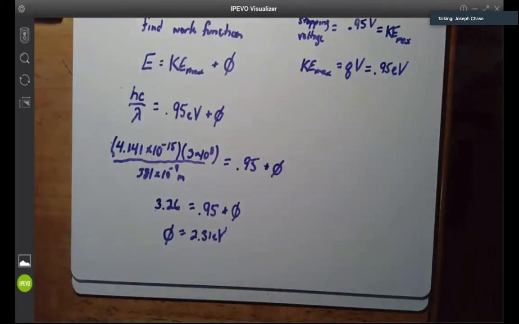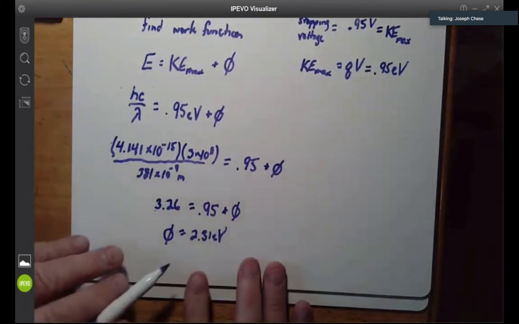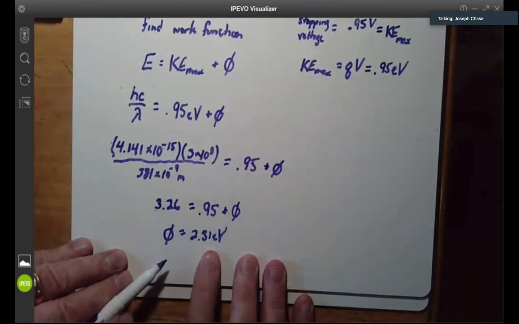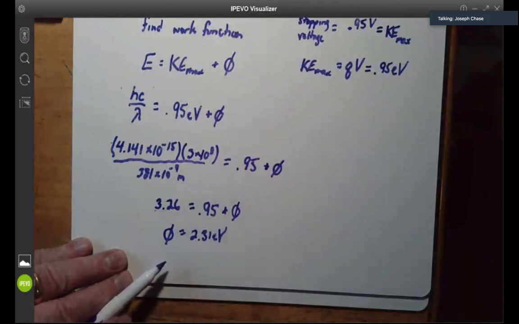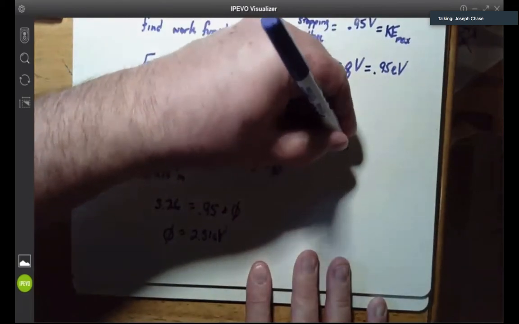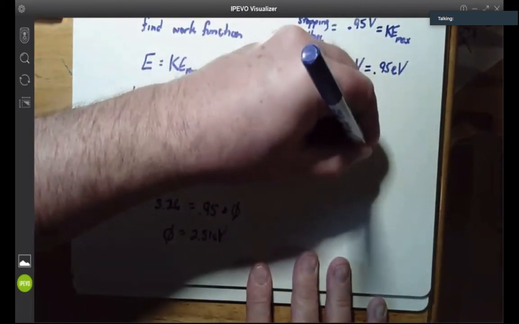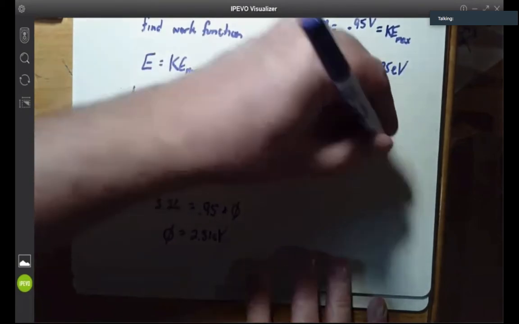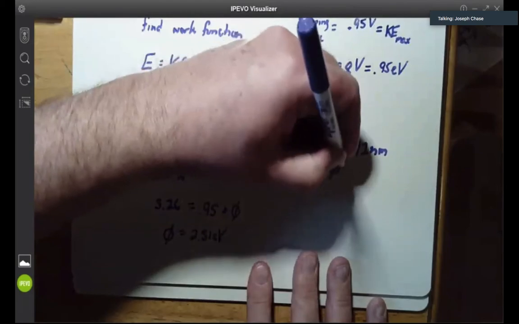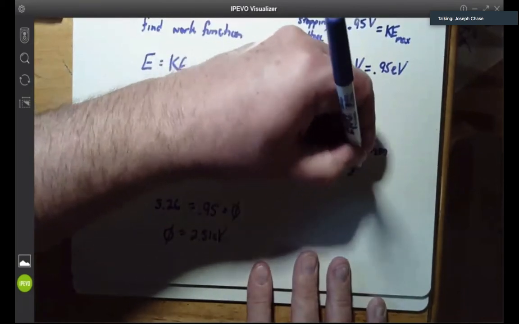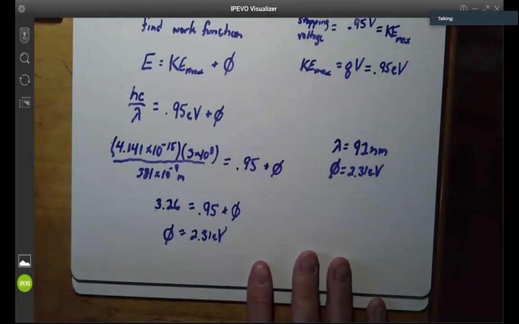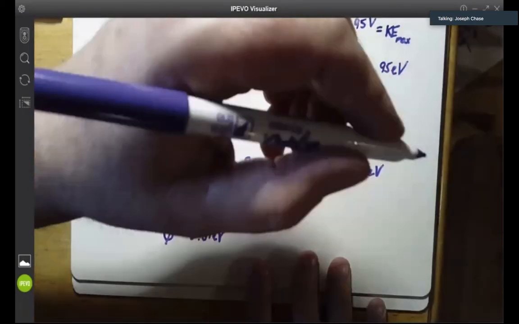So here's what I would like you to do. Given that this metal has a work function of 2.31, let's suppose we hit it with a different wavelength of light. So let's suppose we're going to do a wavelength of 92 nanometers. And given that we're not going to change metals, the work function is still 2.31 electron volts. Then let's find,